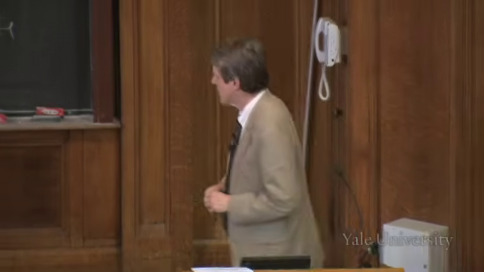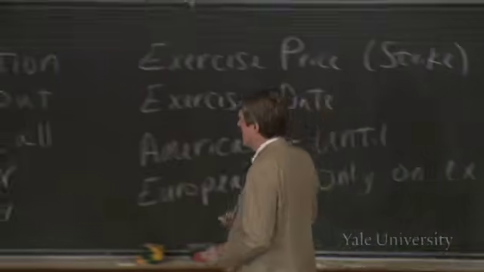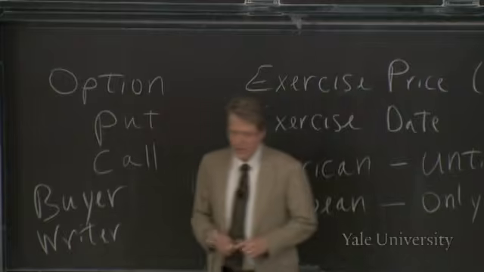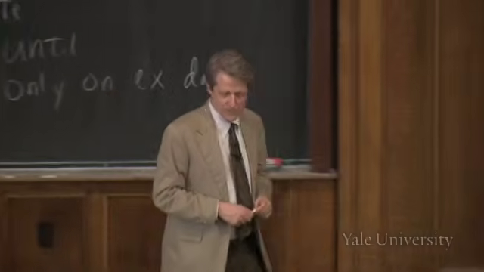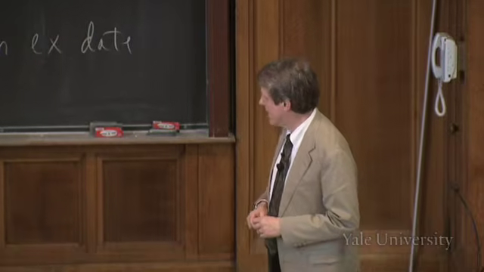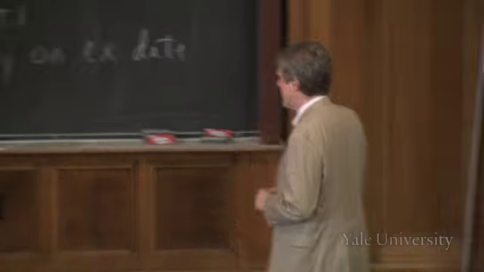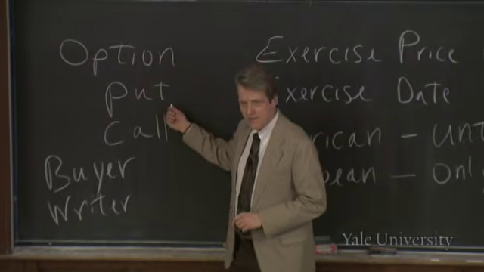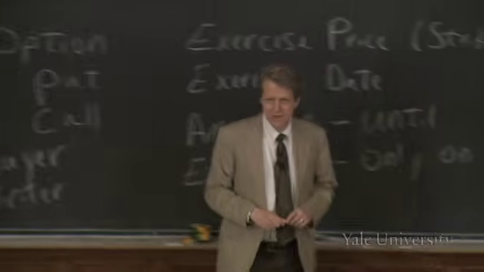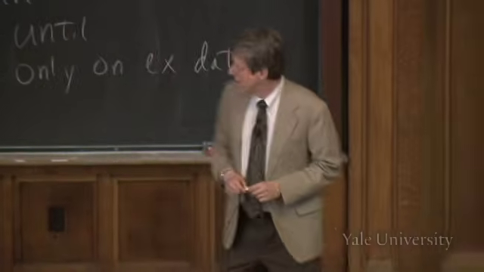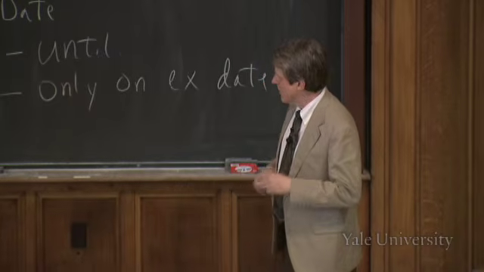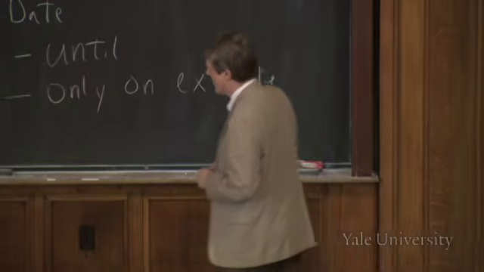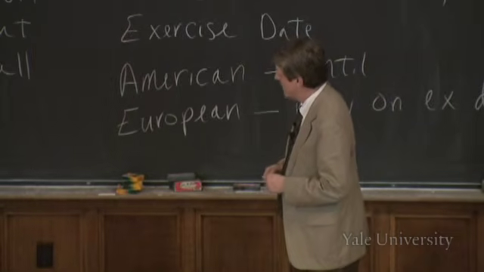Okay. And of course, you can write a put option, and that means if you write a put option, you are signing a contract that says that whenever this other guy on the other side, the buyer, decides to, that guy will sell you 100 shares at the specified price. Okay? So again, you're laying yourself open to whenever this guy wants to. You've got to receive 100 shares and pay the money.